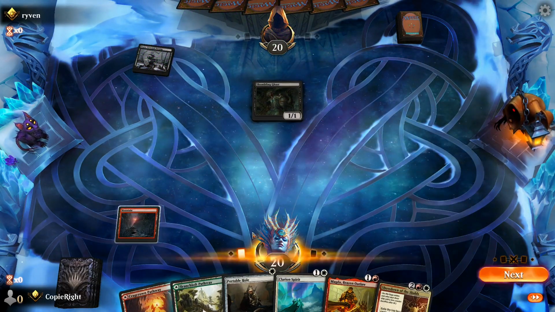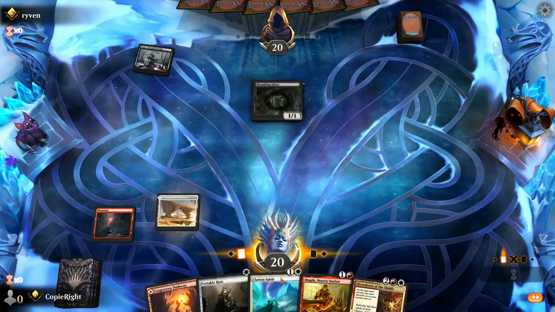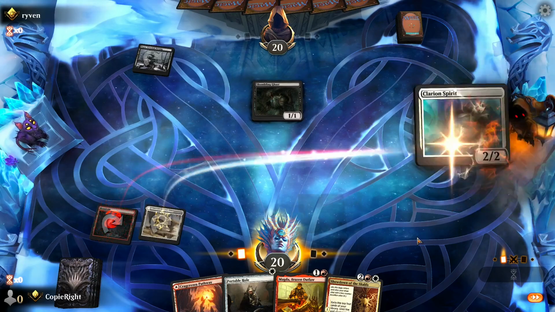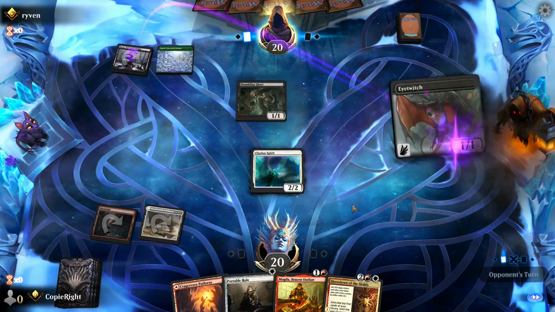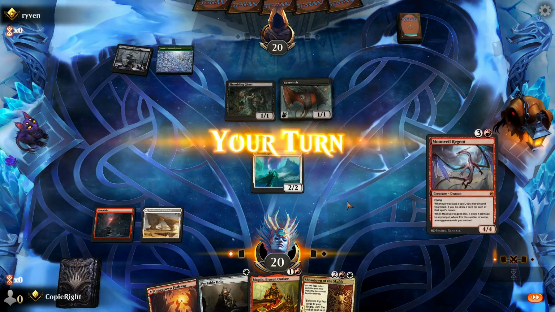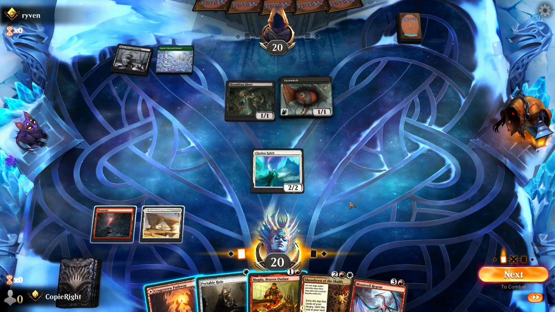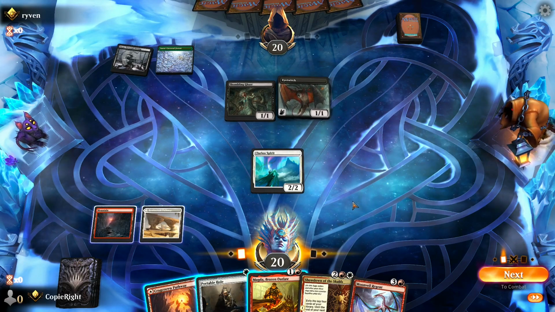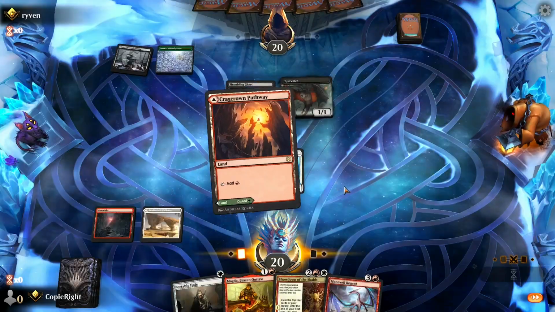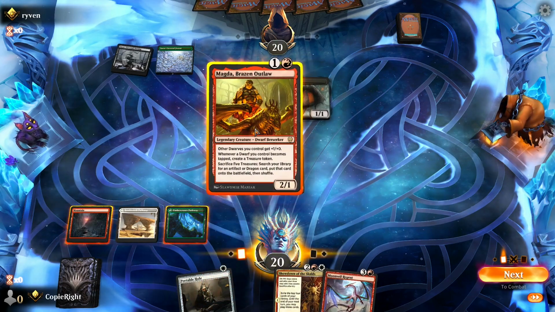Okay, opponent looks like a zombie deck. Then we go here for white. And we bring out the Clarion. The Clarion. Eye Twitch. Golgaris? No. Is there anything I want my opponent to deny? I don't know. I think so, right? I want to play...